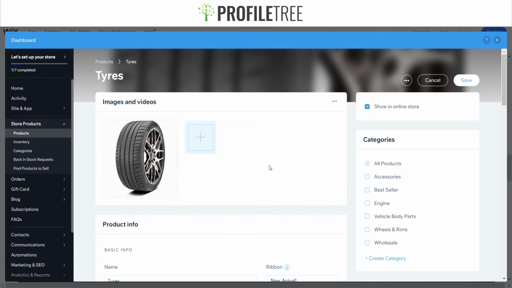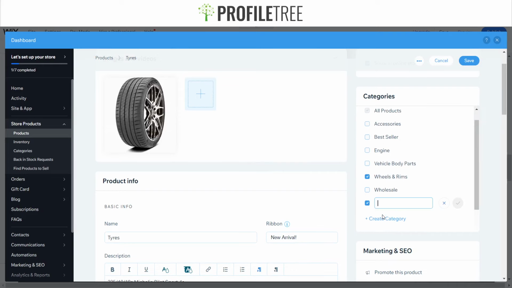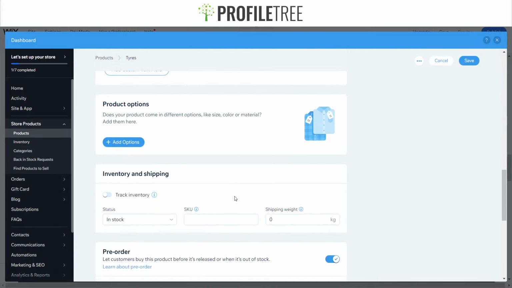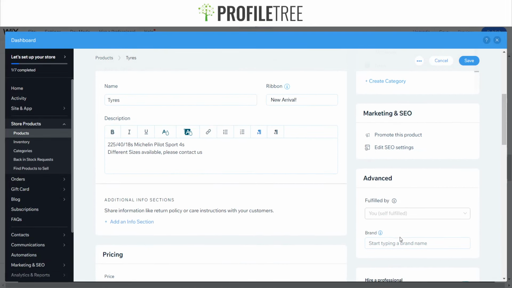And once you've got that all sorted, you can of course create some categories. So of course this will be within wheels and rims, and you can create categories if you wanted to. So let's just say tires, and we can have it listed for tires, and once you're happy enough with all this, of course you can go ahead and click save on the top right there. So what we'll do is we'll go ahead and click on save, and if you're happy enough, just double check it over again there, and you can add the brand name as well,